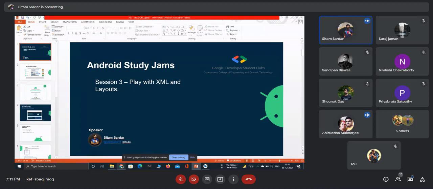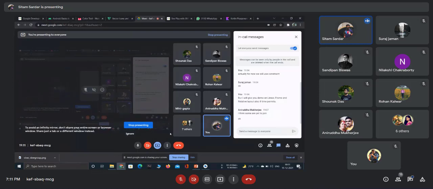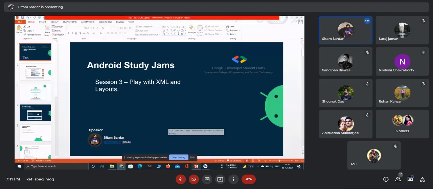Many of the IT students are trying to join, but are unable. You can share it manually for now, and later on I will share it. Should I wait for some time or can I start? They are joining. Okay, for now I am starting, because already 17 are here.